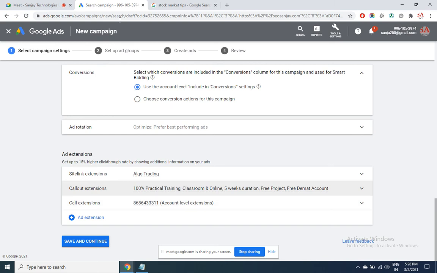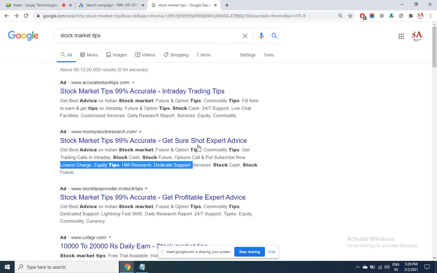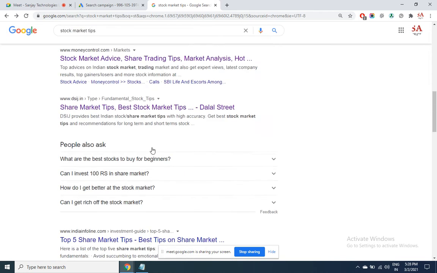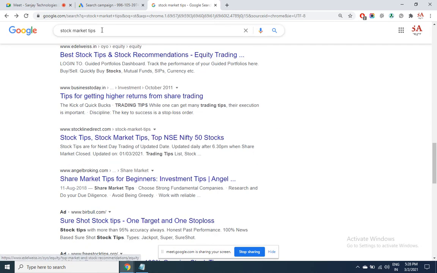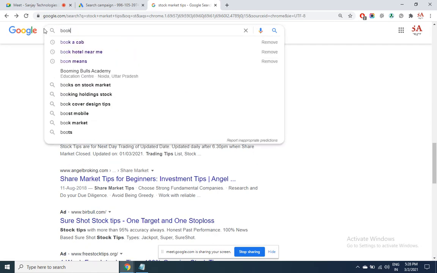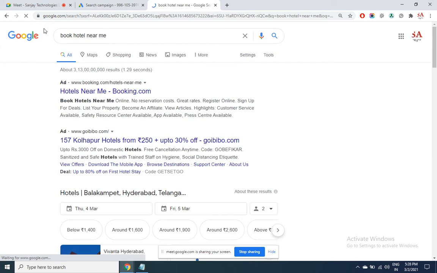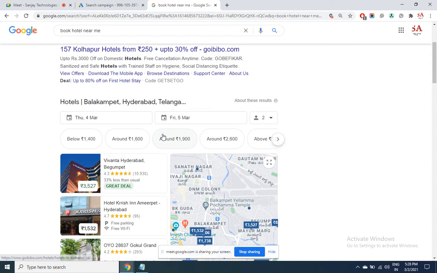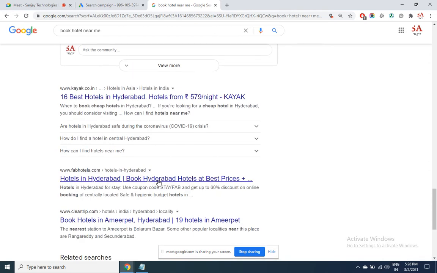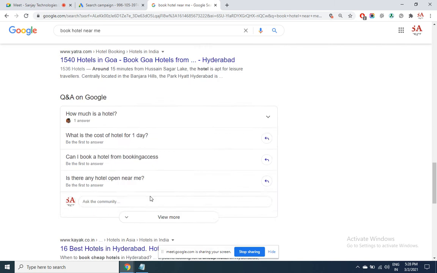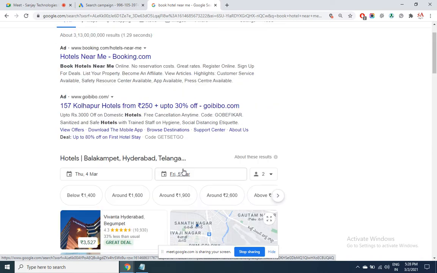Then you have the call extension. If you want to display the mobile number, use the call extension. Call extension and callout, there's a difference. Along with that, you'll be finding a mobile number. Let me see for which keyword we can get that.